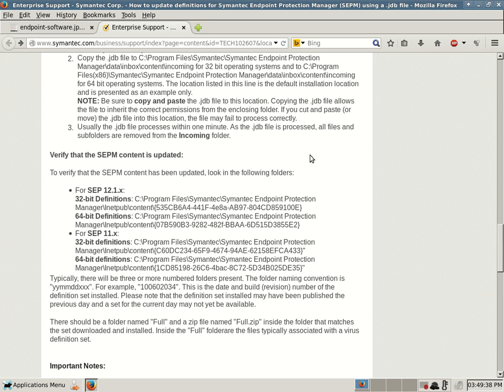The location listed in this line is the default installation location and is presented as an example only. Note, be sure to copy and paste the .jdb file to this location. Copying the .jdb file allows the file to inherit the correct permissions from the enclosing folder. If you cut and paste or move the .jdb file into this location, the file may